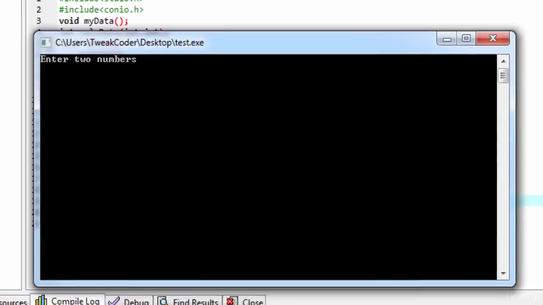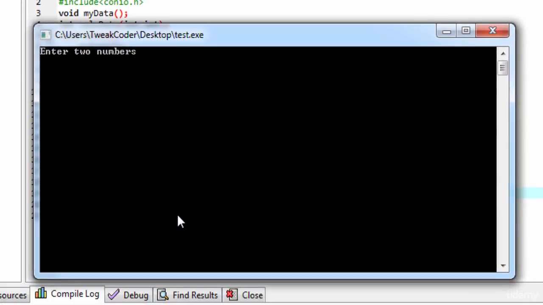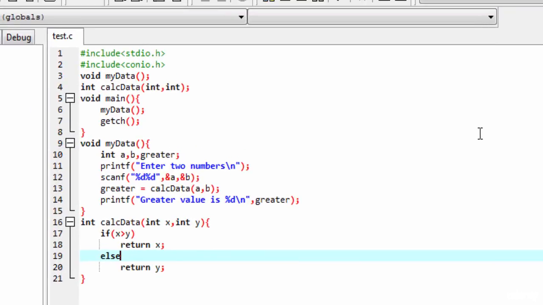Okay, here we have to input two values, so 10 and 20. Okay, here we are getting the greater value. So let's see how the flow goes to different parts of the program. We know program execution starts with the main function. So when flow goes inside the main function, the mydata function